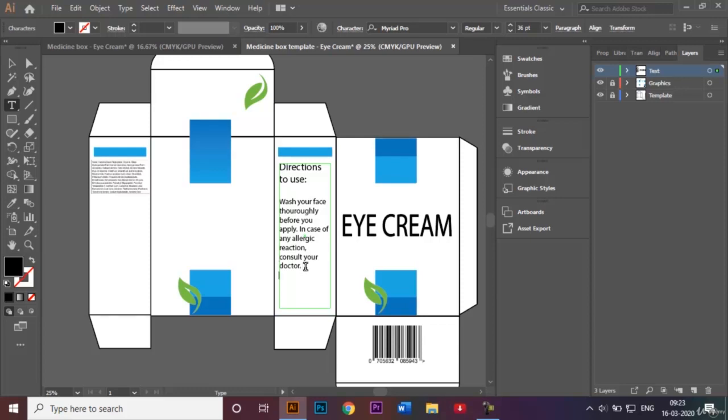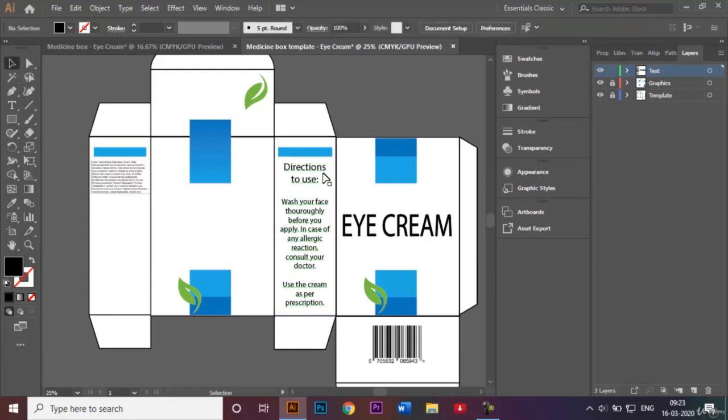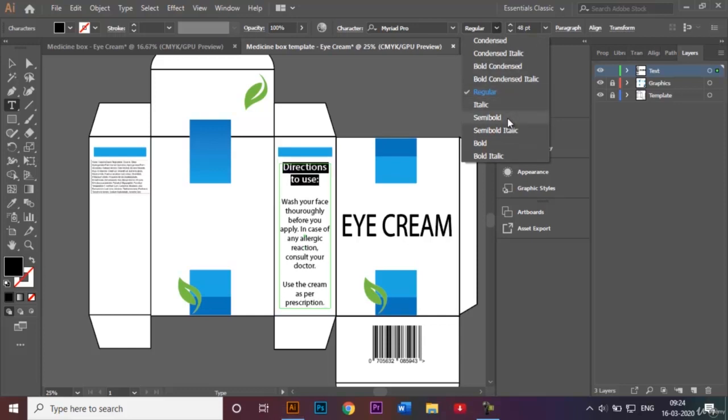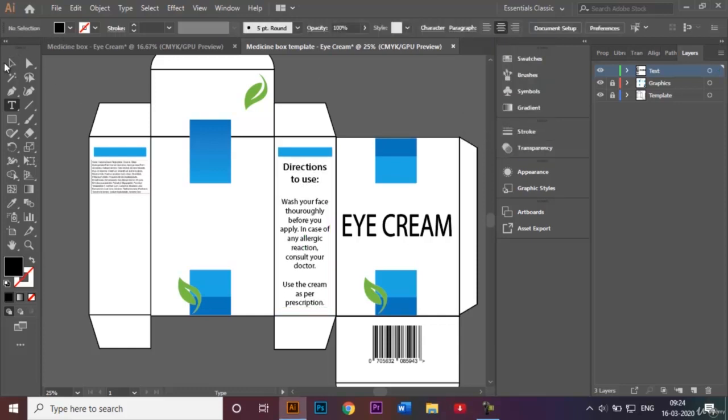And I'm going to write one more which says use the cream as per prescription, and I'll use the direct selection tool and make this centrally aligned like that, and I'll get this word down like that. Okay, so we've got this. I'm going to select this and make it semi-bold like that. So we've got this. I'm going to add one more